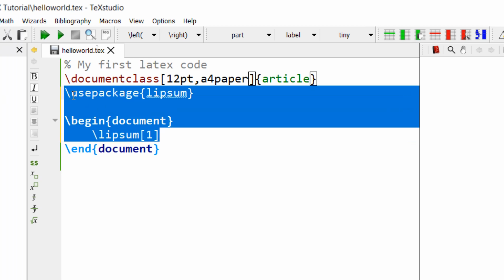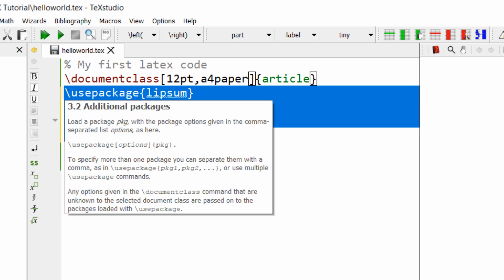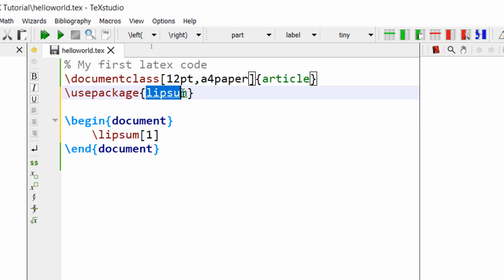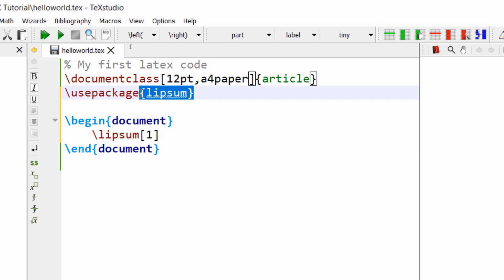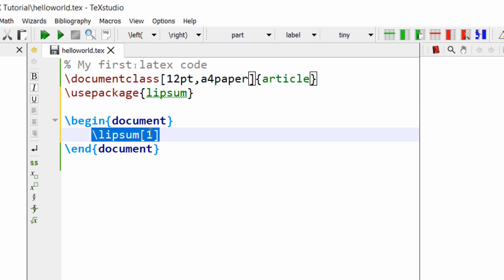This concept is very similar to the concept of import packages. When you write import java.io.* in Java, not all classes available in that package are imported. You must explicitly use those classes in your program to make the JVM actually import them. Similarly, I am supposed to specify explicitly which paragraph I want in my document. So one means the first paragraph of this Lipsum random text dictionary will be available in my document.